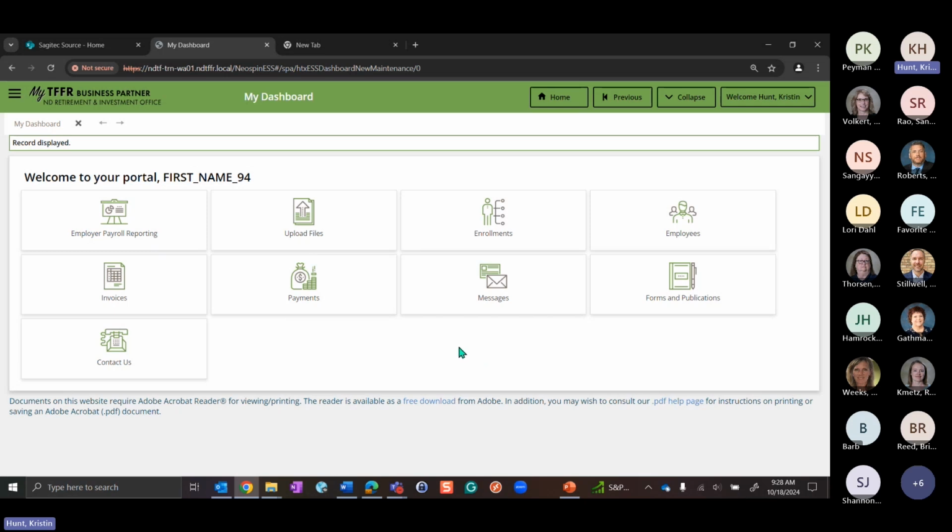It's basically just like that quick links section where you have the different tiles and you can go straight there by clicking on the tile. As you can see, I have the employer payroll reporting, invoices, upload files, payments, and so forth.